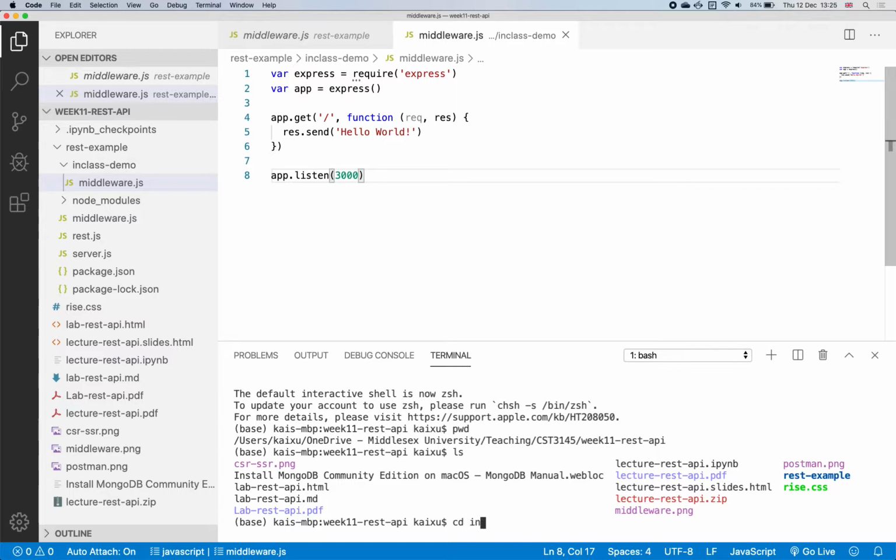So stop, rerun, and if I refresh here, okay, so you can see when I refreshed it there, there's no log displayed here. That's because this line is now moved after this, and this will be run first before this gets added to the processing kind of stack or the queue. And then